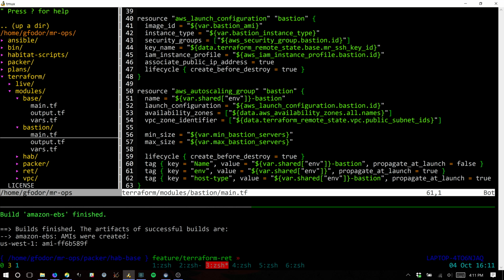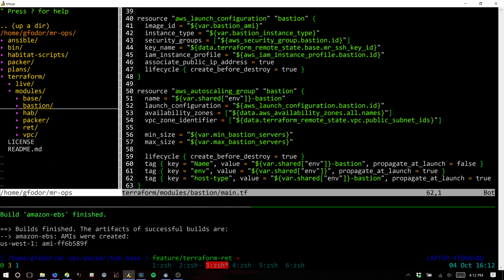Yeah, cool. And then we have the host type, which is basically a way to say, hey, what nodes are out there that are Bastion nodes in dev? Give me a list of those. You basically can just query the Amazon API and get all the nodes that have that host type. So the host type is now not just that it's a Bastion node, but it's also a dev node. I couple the environment together because that's usually what you want to do. Okay, so